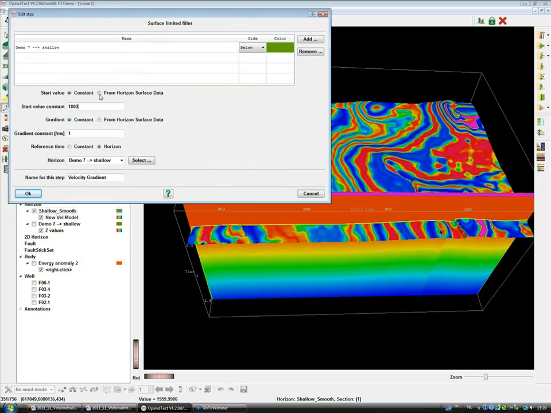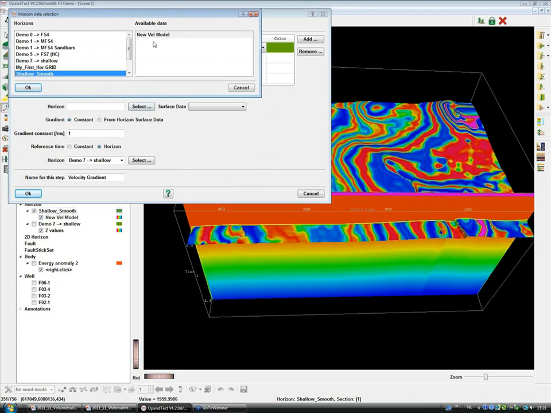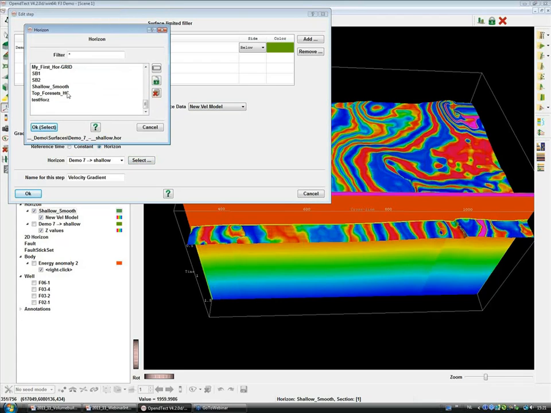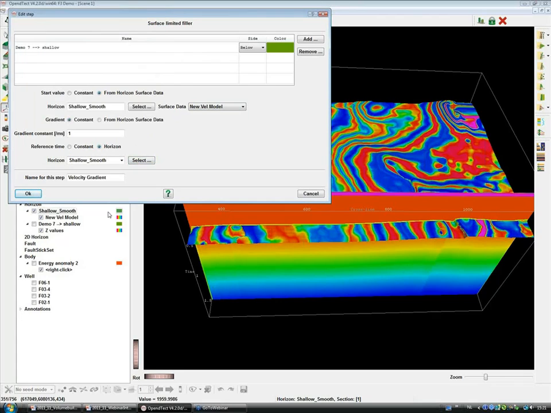Instead, I will select the grid that I just saved, that I have extracted from the previous step on the volume builder. I will use the same gradient going downwards, but I will not use the rugged surface as my reference horizon. Instead, I will have the smooth horizon as that. Press OK,